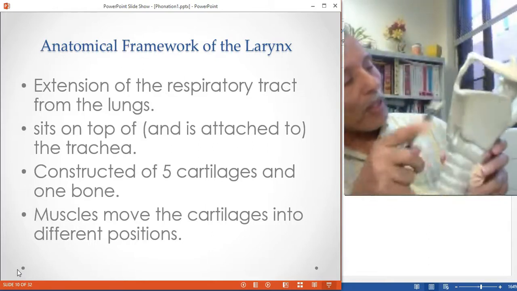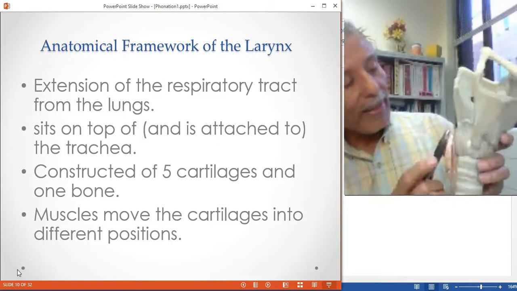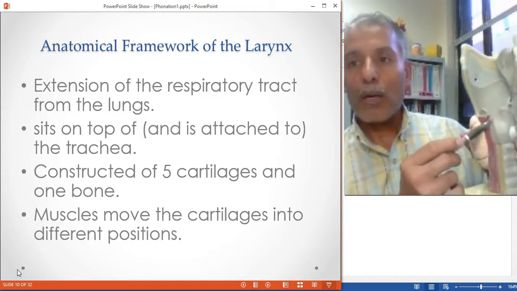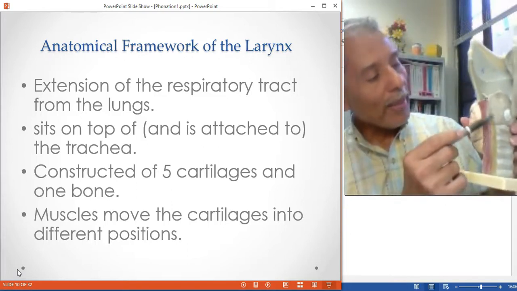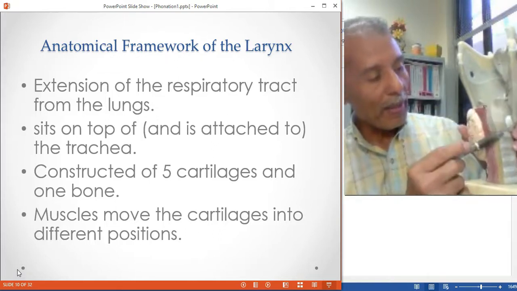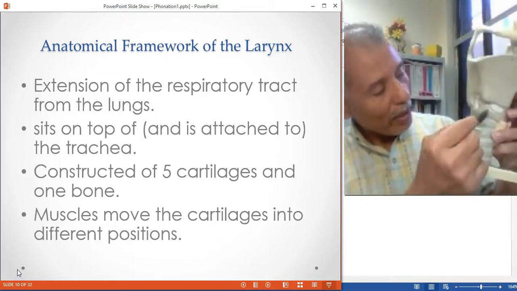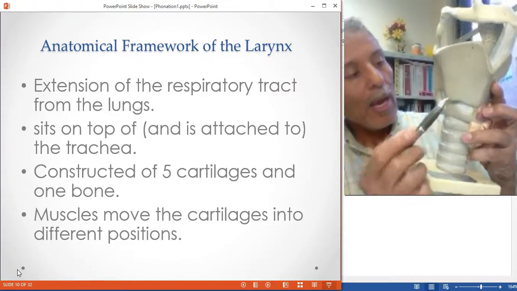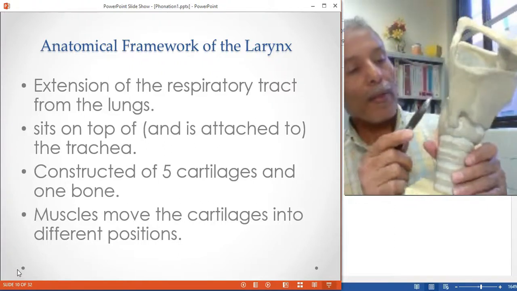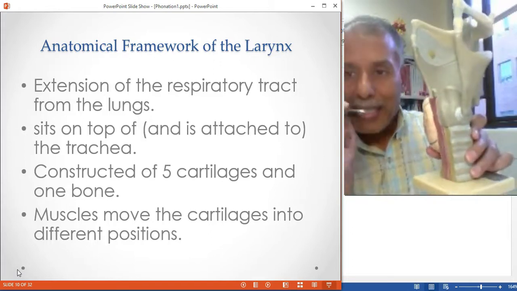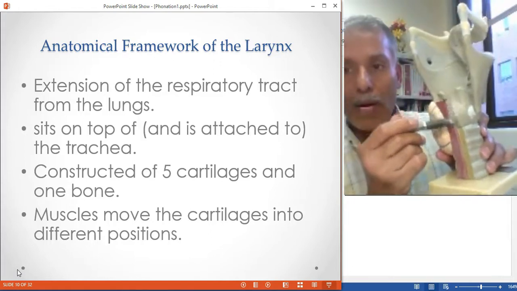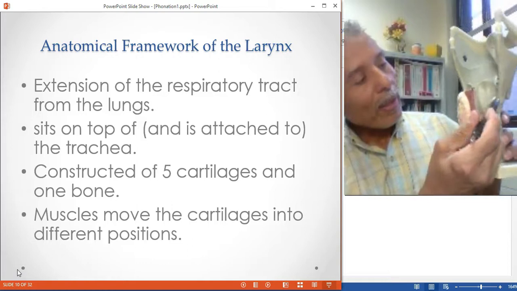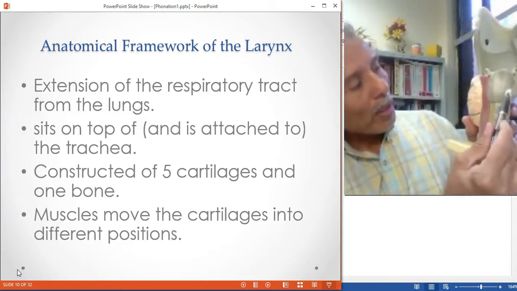So this is a cartilage, and beneath it is another, the thyroid. Beneath it, there's another cartilage here called the cricoid. You notice that in the back it is big and elevated, and in the front it is small. As you can see, it goes down and becomes smaller in the front. The thyroid cartilage articulates with the cricoid. It sits on top, however, it is connected here with 2 little joints, left and right,